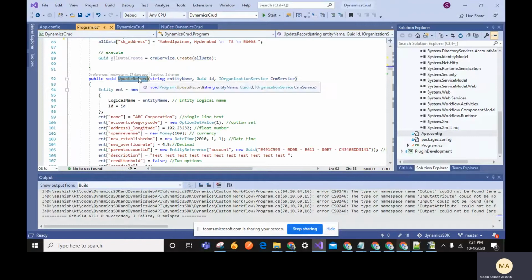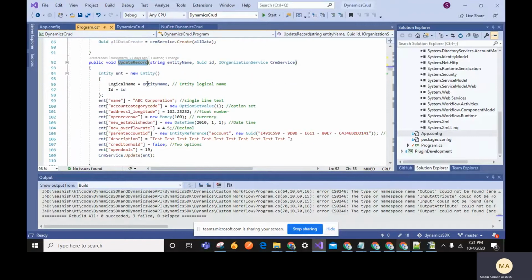In updating a record, here we need to give the logical name like this, and we need to give some ID. For any update, you need to give a specific ID, so it will update that record. You need to define it like this, and give the entity name.